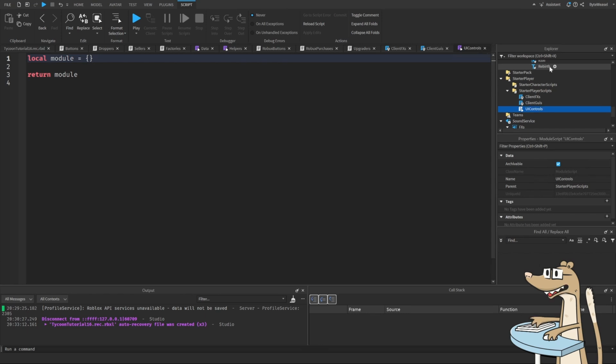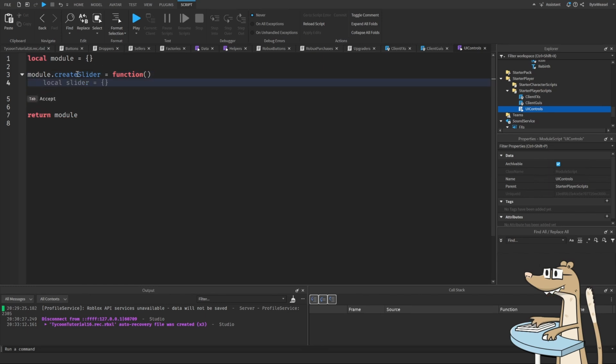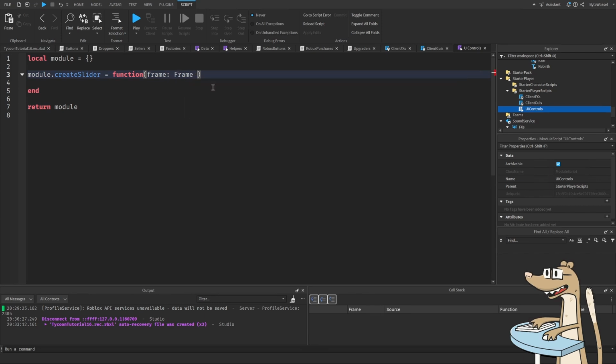We could call it sliders, but maybe we're going to add more types of controls later on. So in here, we're going to want to expose to whoever uses this script a function called create slider. Much like we saw in the helper script, there was a function that was called create button. This one's going to be called create slider, and it's going to take in a frame